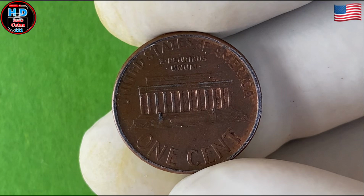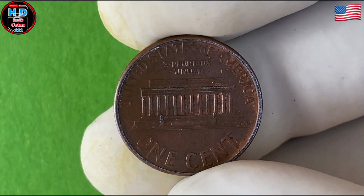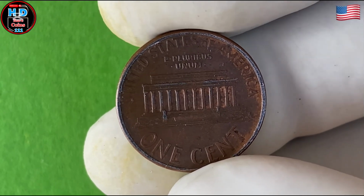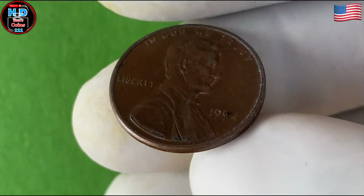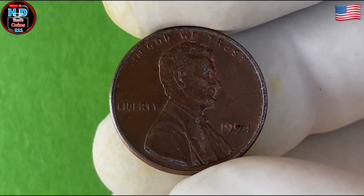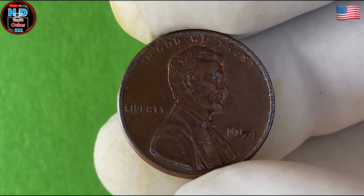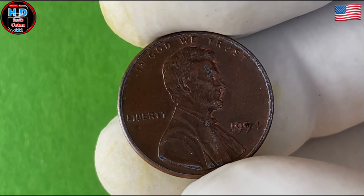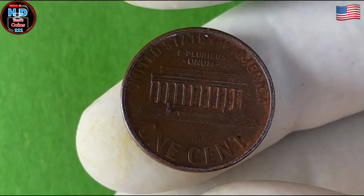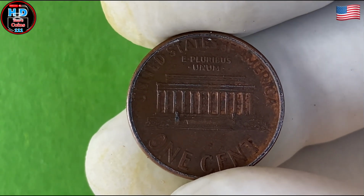The value of the 1994 Lincoln penny varies depending on several factors, including its condition, mint mark, and any unique characteristics it may possess. While the majority of 1994 pennies are worth only their face value of 1 cent, high-grade examples can be worth much more. For example, a 1994 penny in pristine, uncirculated condition may be worth several dollars. Proof coins in excellent condition can command even higher prices, often selling for hundreds of dollars in auctions or private